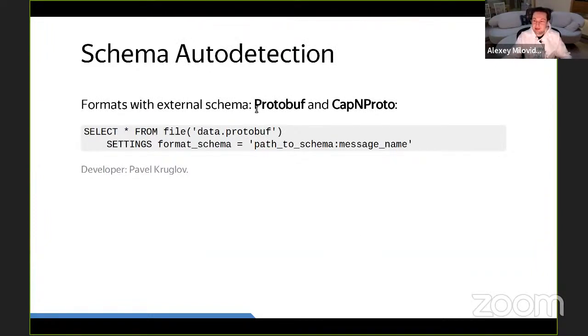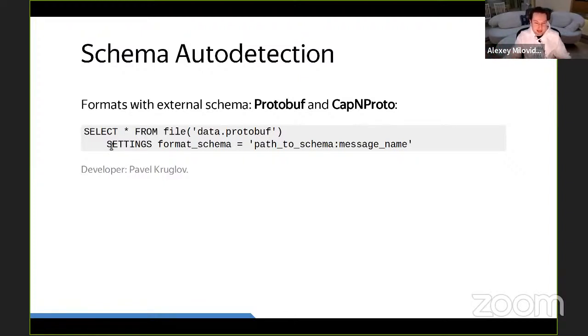Some formats have an external schema, like Protobuf and Cap'n Proto. In these formats, the data itself does not have the information about schema.